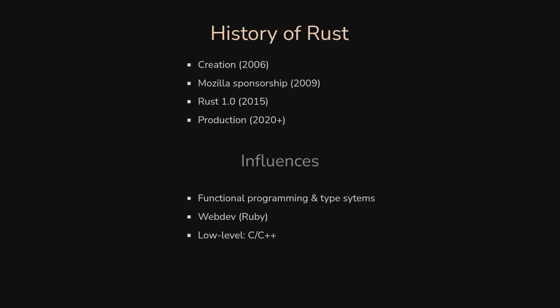So Rust was created in 2006 by Graydon Hoare at Mozilla. For 3 years, he was mostly working alone on this project. Then it was sponsored by Mozilla in 2009. From this period, he got other people on the team who were coming from different horizons. I think this is the strength of Rust, that they had people who know functional programming and type systems very well, but also, I think Steve Klabnik is coming from the Ruby world, so he brought a good user experience, unlike people using C and C++.